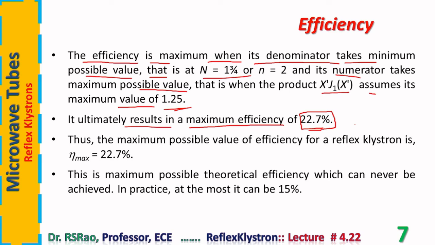Second aspect is electrons that participate in bunching process. They don't become a perfect bunch. Perfect bunch is one whose thickness is negligible. Hence, bunch formation exists but it is not perfect. Hence, the energy transfer to the gap by the bunches is not maximum possible. These are considered as main reasons for lower levels of efficiency in klystron oscillator tubes.